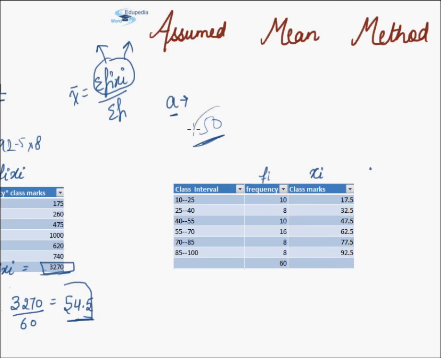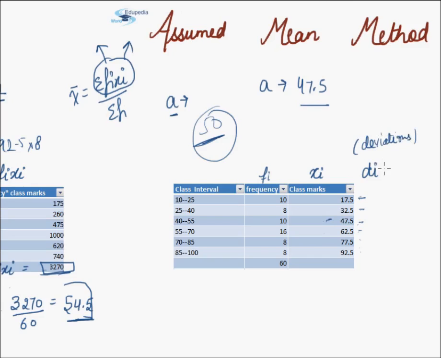So say instead of 50, let us assume that the mean is 47.5. Friends, you can take any value, but it is more preferable to take the values which are in the middle of this column. Now, we have 6 total values, so we can either take 47.5 or 62.5. So here we are taking 47.5 as assumed mean. Now let us form another column of, say, deviations.